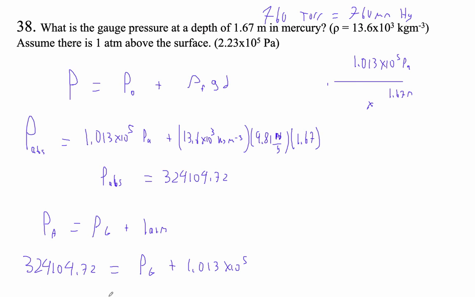So I'm just going to subtract 1.013 times 10 to the fifth from the number I've got, and I'll get the gauge pressure. So our gauge pressure is 222,804.72. So 2.2, this would be 3 times 10 to the fifth